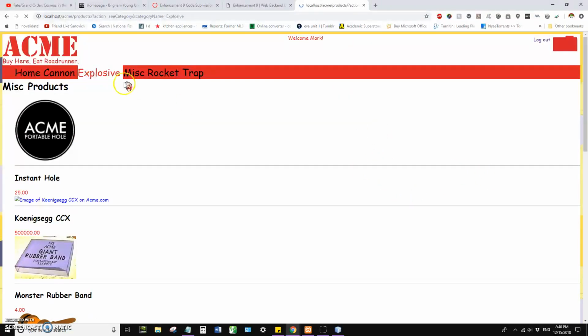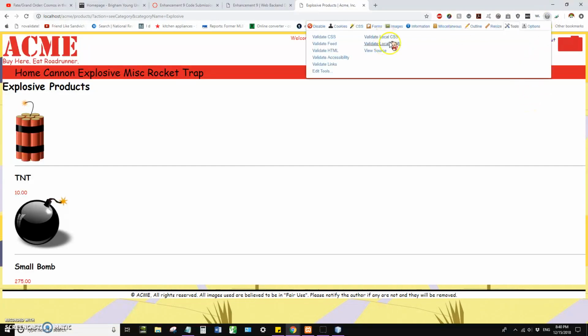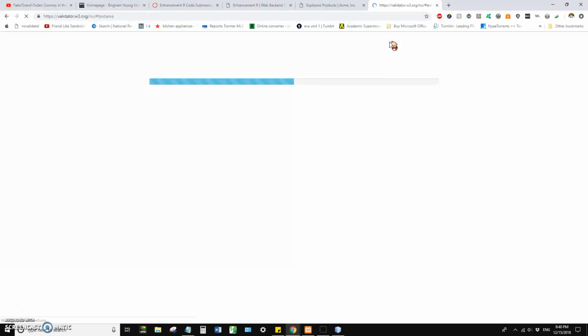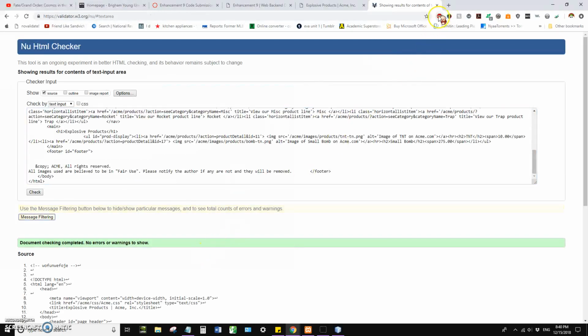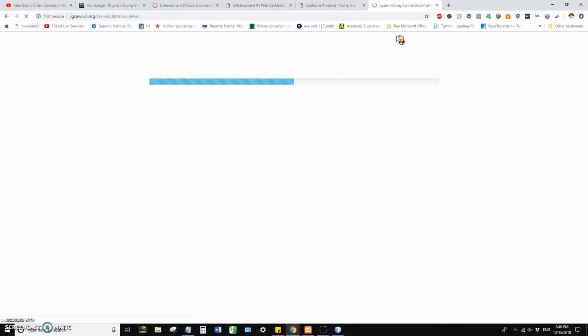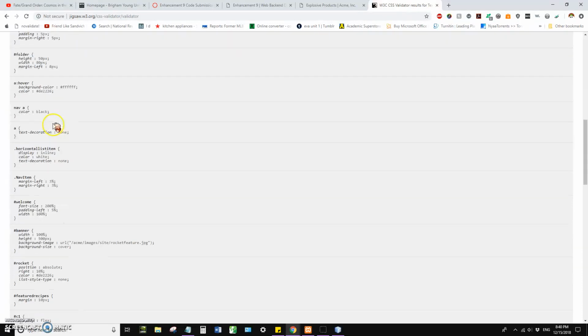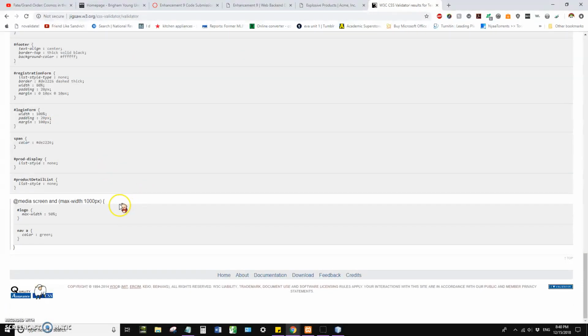We're in these right here. Since they're all basically the same page, I'm just going to validate the local HTML. And we're good, thankfully. And we're going to validate local CSS. Fortunately, we get two errors at line 46 and 47, and they are the prod display and prod detail list,